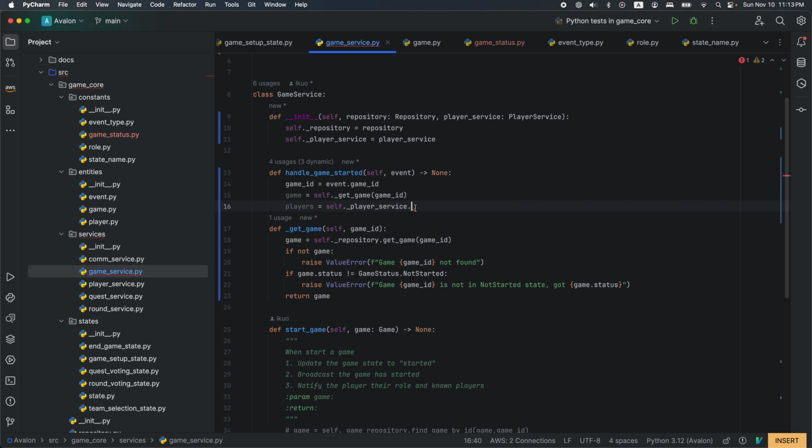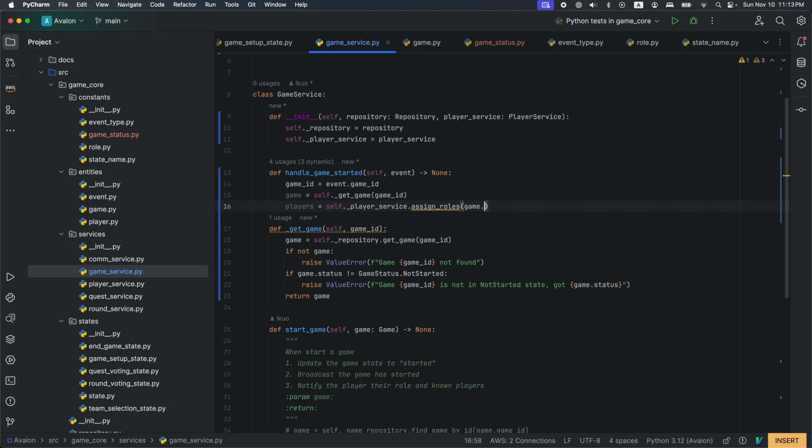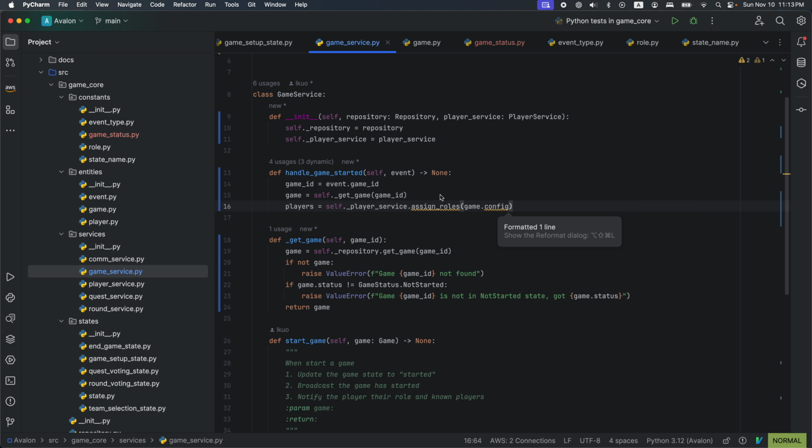So, I think assign player roles. Player service dot assign roles, I think, is pretty good. What we pass in is the game.config. So here we need to update a couple of things. First of all,